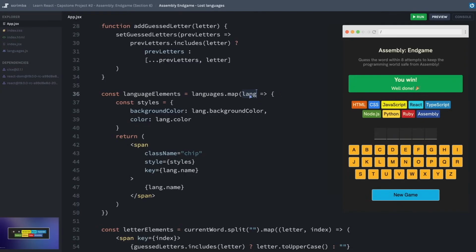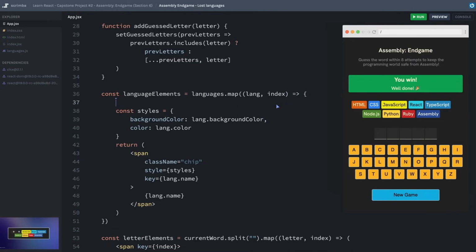Inside the callback function of my .map, I can add a second parameter called index, which gives me access to the current index of whichever item we're mapping over. And with that current index, I can create a new variable that says something like isLanguageLost, and set that equal to the Boolean that results from saying the index is less than the wrong guess count. So if our wrong guess count is 0, then even the item at the 0 index is not going to be considered lost because 0 is not less than 0.